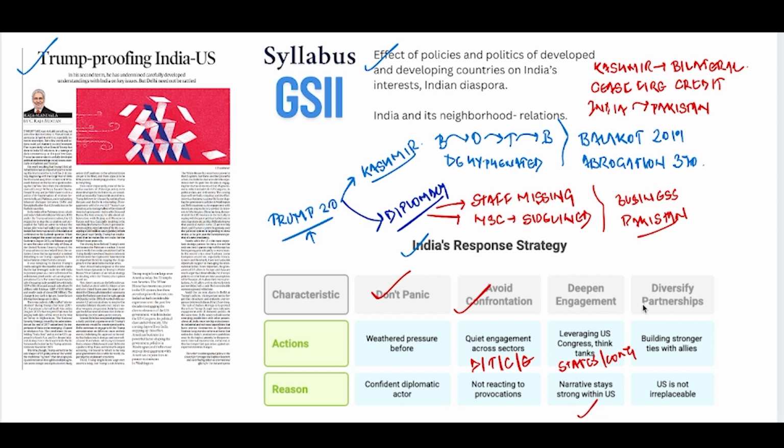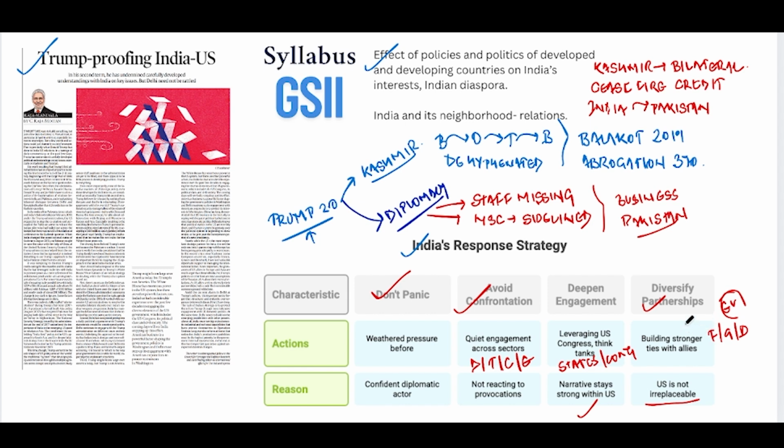And after that, we need to realize that diversification in terms of partnerships is crucial. The US is important, but it is not irreplaceable. India is building stronger ties with France, Greece, and Denmark, which was obviously visible during the recent Kashmir problem. In fact, the closest allies or partners of the United States, like the EU, are themselves frustrated and, to say the least, disillusioned with Trump's policies.